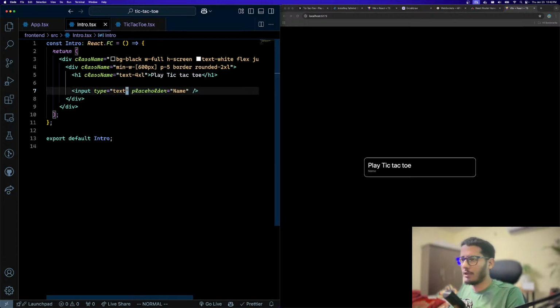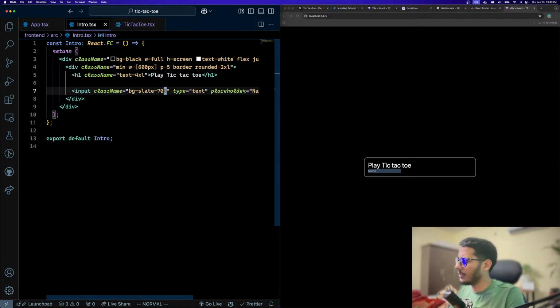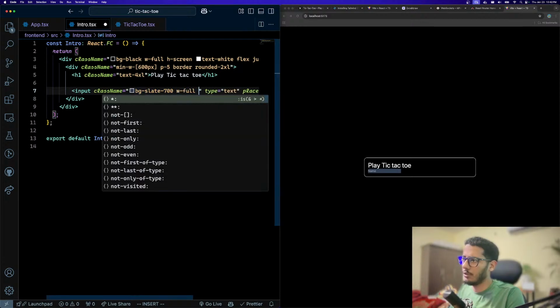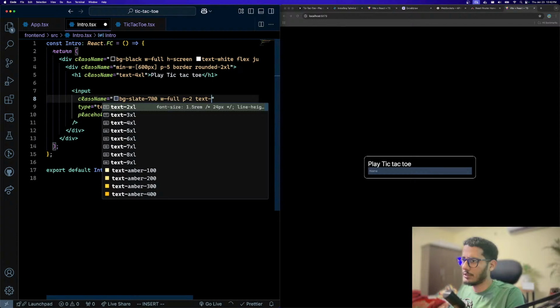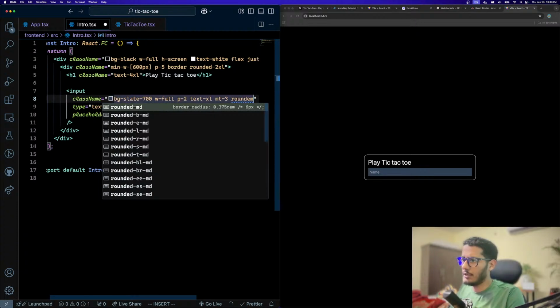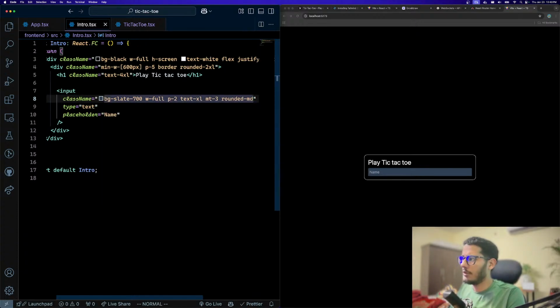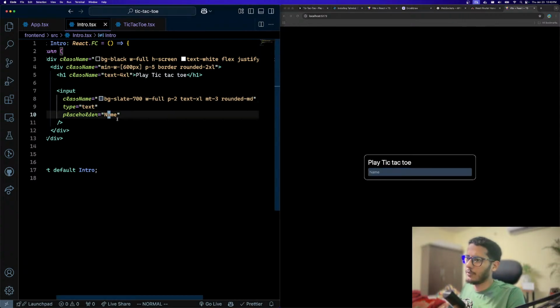So we have name, and then what we can do is we can style this pretty quickly. So we can say bg slate something like 700, and then we can say width full, padding 2, something like that, and then we can just say text xl, and then we can say margin top 3. Yeah, great stuff. And then we can say rounded md. Okay, so you can give a name over here, and then in the end we could have a button,